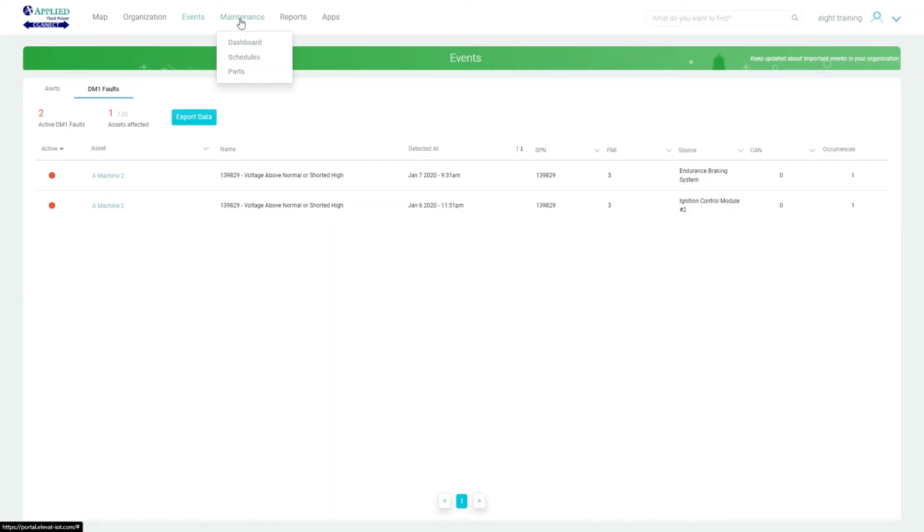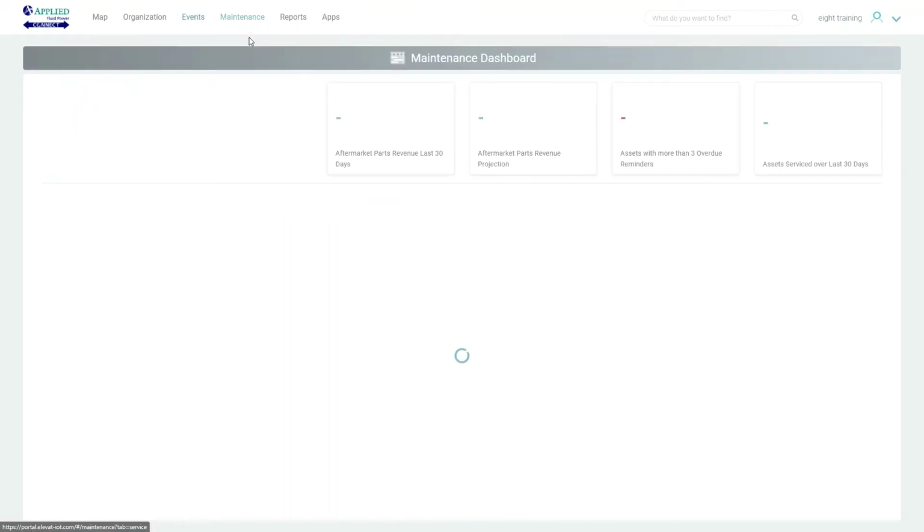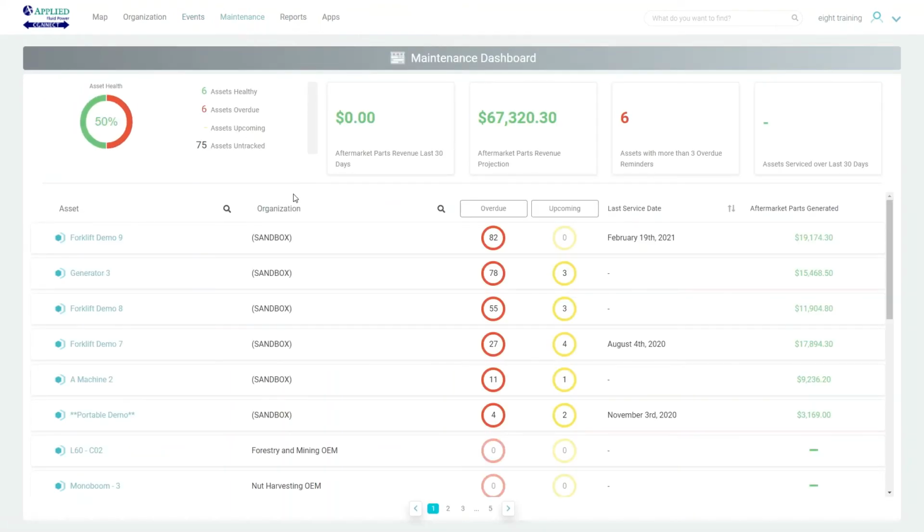All right, now I'd like to take you into the maintenance area. We've got 3 areas of maintenance, starting with our maintenance dashboard. Here again, this gives me a global view of all of my assets, all of my dealers, and all of my end customers as far as what the maintenance requirements are for those machines. You can set up certain requirements, which I'll show you in a moment, for a machine model as far as what maintenance is required. You can also tie it to